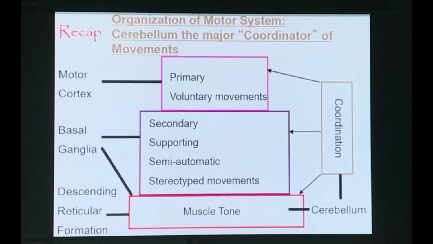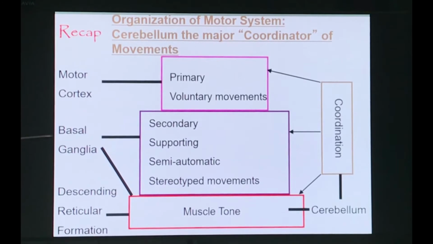This picture I had shown in my video on neuroanatomy of the cerebellum. The primary voluntary movements mainly come from the stimulus from the motor cortex, that is from the cerebrum, but these movements are supported and made finer, smoother and coordinated by the information coming from the basal ganglia and the cerebellum. There is also a connection with the reticular system present in the brain stem. This mainly helps in coordinating the movements and also maintaining the muscle tone.